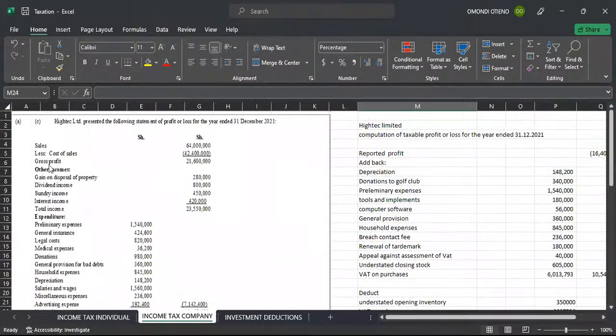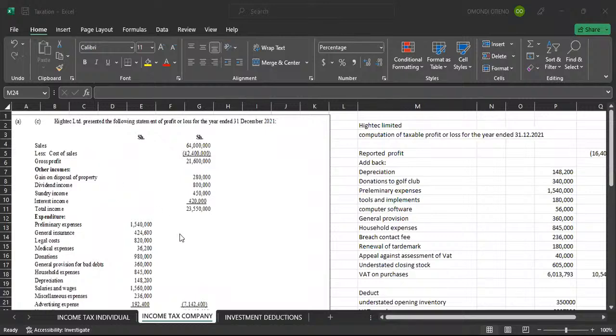So you come to your income statement. After gross profit, there are normally other incomes. So the first item under other incomes, we have gain on disposal of property. That is fixed asset or non-current asset. The disposal of any non-current asset